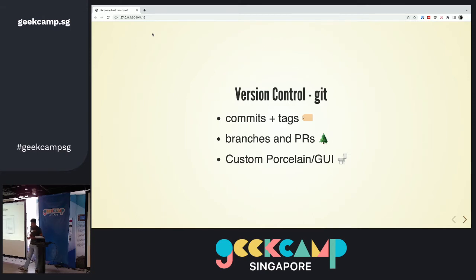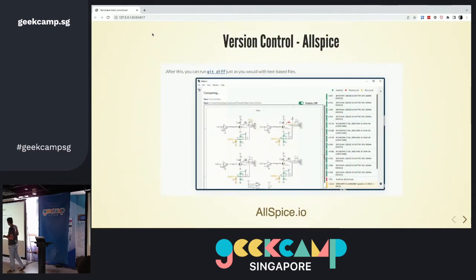There's a company called Allspice that's using some of these things to show a nice view. This is how electronic schematics look. It would be able to do diffs on these things to say, this changed or that changed. And this is nothing fancy except a plugin for Git, right? So once we have a good ecosystem of these things, and hopefully they're open source and non-proprietary, currently this is completely proprietary, I think this is something that would totally be usable in an electronics design kind of workflow.